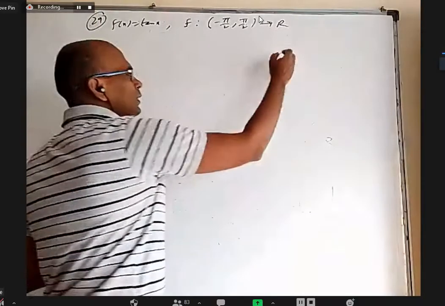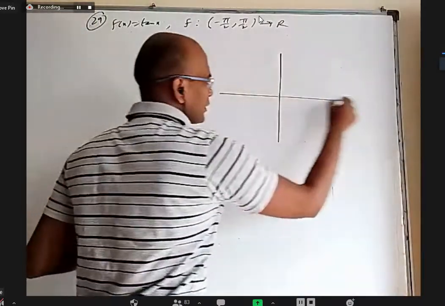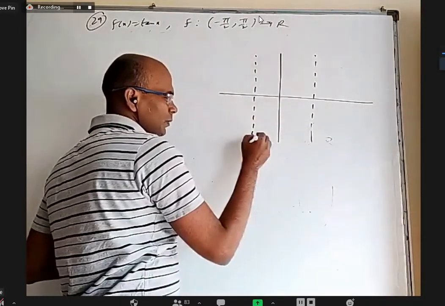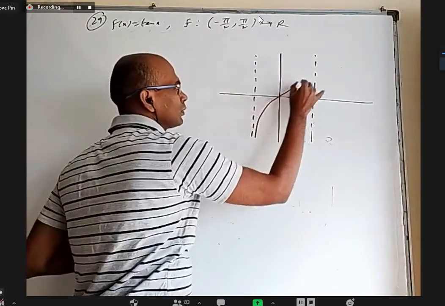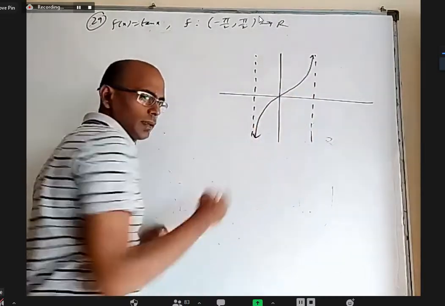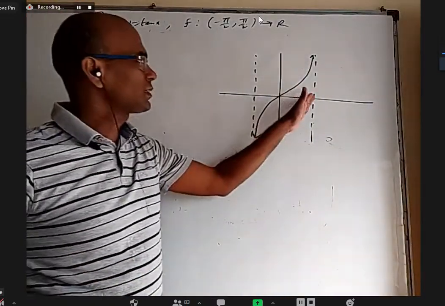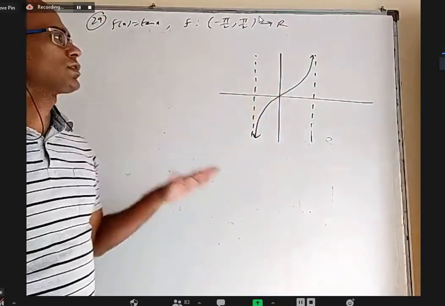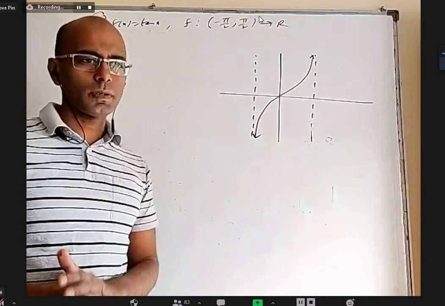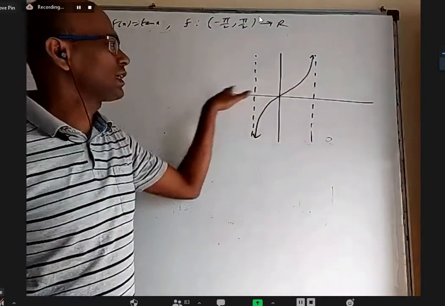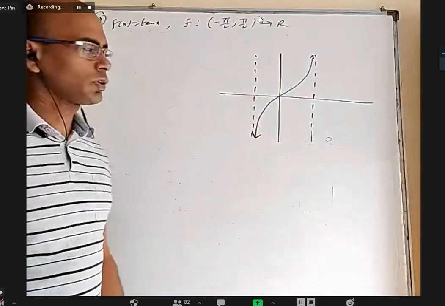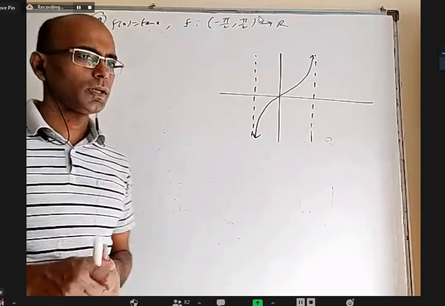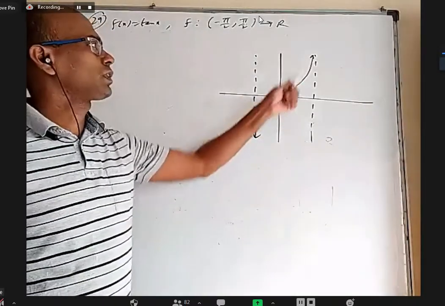Okay, it is better to see the graph here. Between minus pi by 2 to pi by 2, the graph is like this for tan x. At 90 degrees, it is trying to become infinity. At minus 90, it will become minus infinity. At 0, it is 0. Any horizontal line will cut only once. So we cannot give an example of two different x values where y is the same. It is not possible.